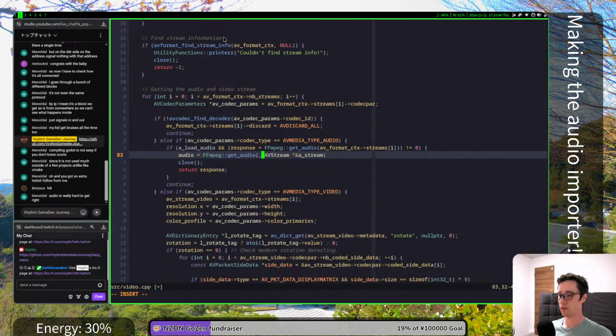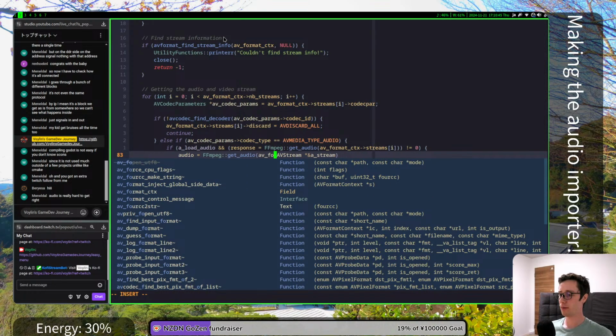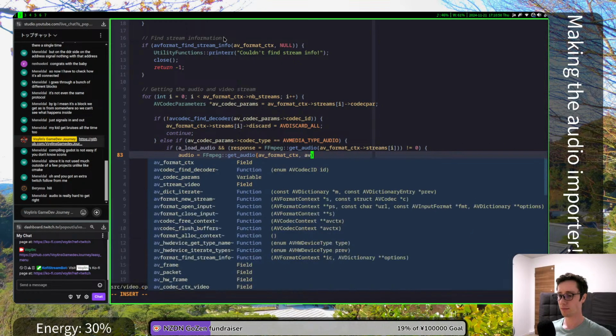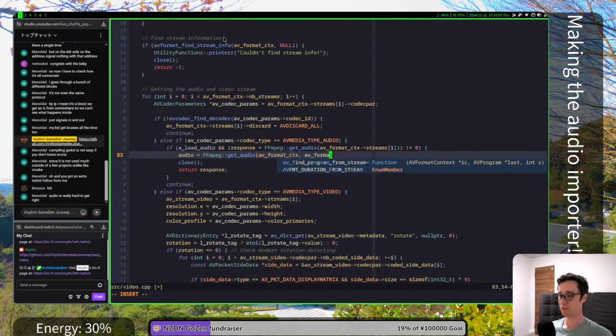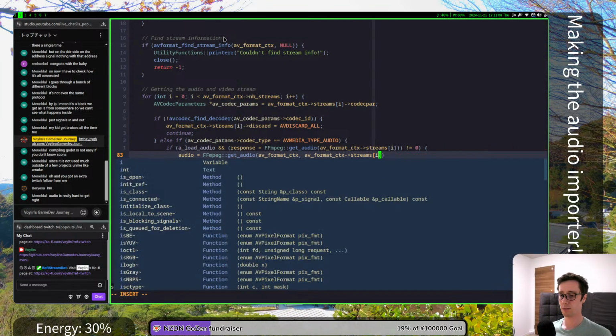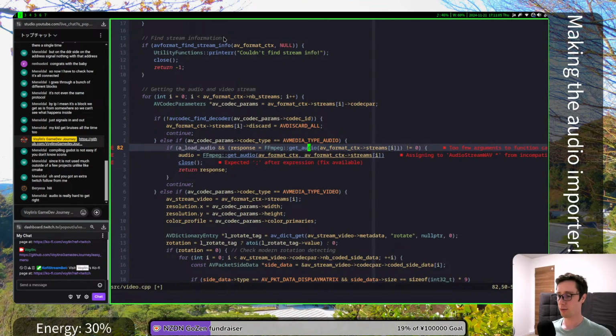We set AV formats context, we set a stream, or we use this, formats ctx streams, and we also pass I. Then instead of here, we do this way, but we do check